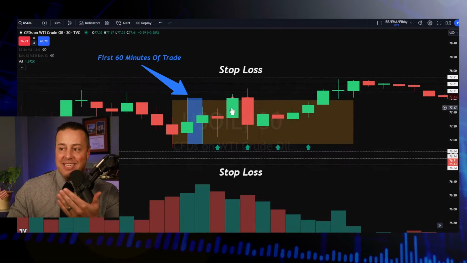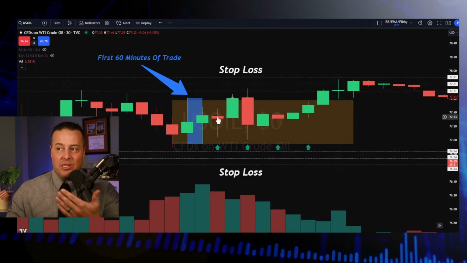We were able to sell this high at about 10:30 a.m. Eastern, and we were able to sell it again at 11 a.m. Eastern, and both those trades were relatively profitable given a very, very tight stop loss location. So both of those hit pay dirt, and really no bias came into play throughout the entire session.